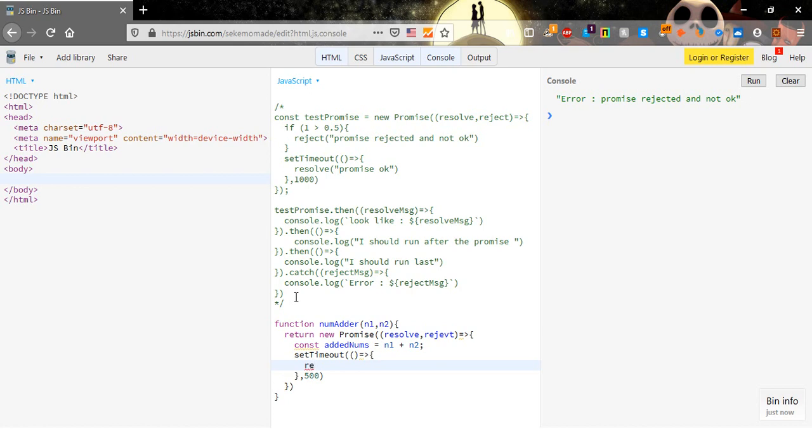And resolve the number. So resolve the added nums. So now let's invoke this function. So num other, and in the parameter, for example, 120, dot then,